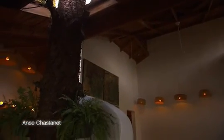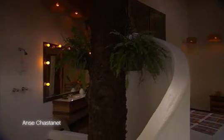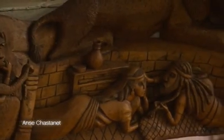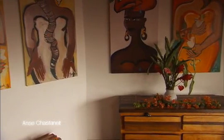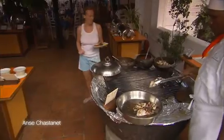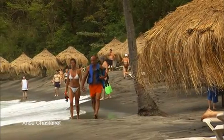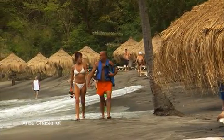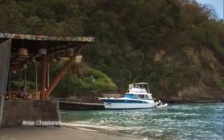And the famous showers with a view in the premium suites are a unique luxury of Anse-Chastanet. There are impressive wooden sculptures and plaques, earthy burlap compositions, and painted sky ceilings by the resident artist Elvira Bach. Tra al Diablo on the beach offers lunch and twice weekly dinner buffets. The Anse-Chastanet Resort is ideal for honeymooners, nature lovers, scuba divers, and all those who wish to get away from